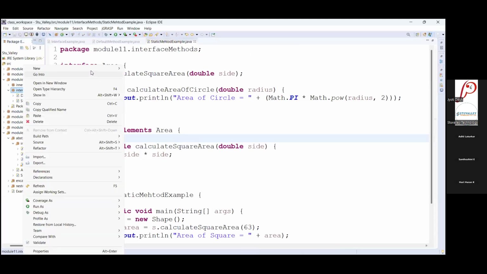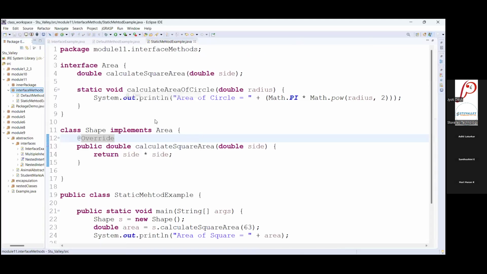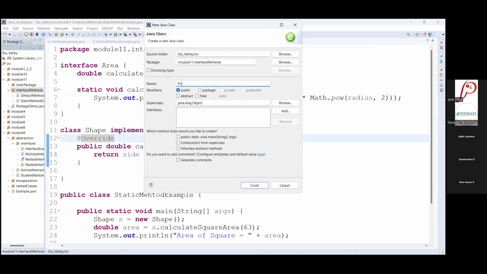In interface methods package, I am creating a class. Name of the class is private method example, including the main method.